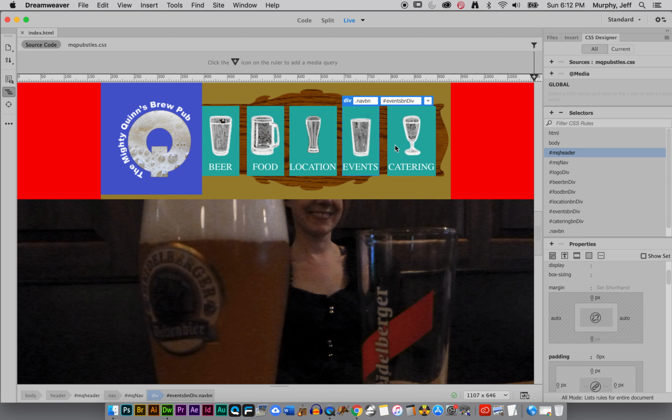pretty straightforward, but you note when I click through them, they all have similarities and differences. Note that they all have this class called navBN. You can think of that as a nav button. So every single one has that same class because there are similarities between these 5. So that nav button